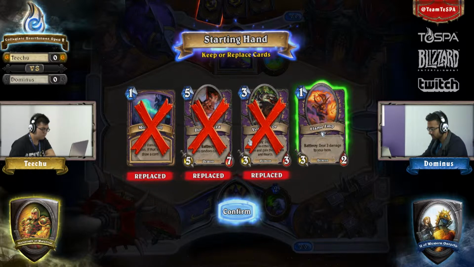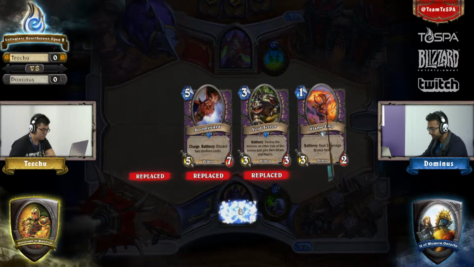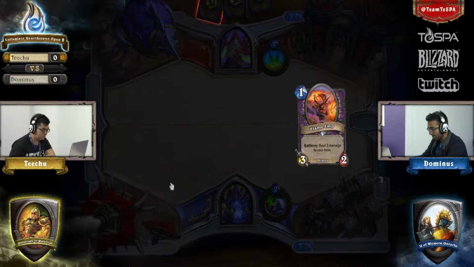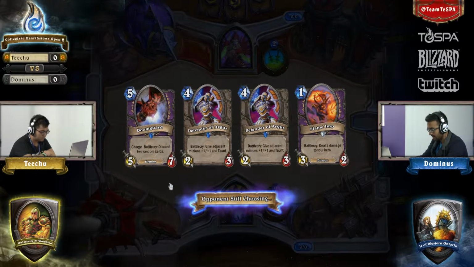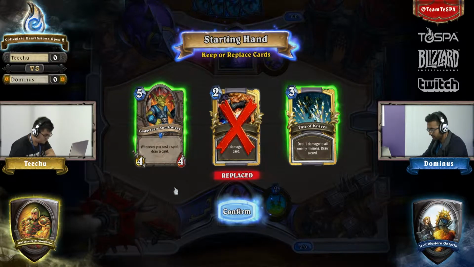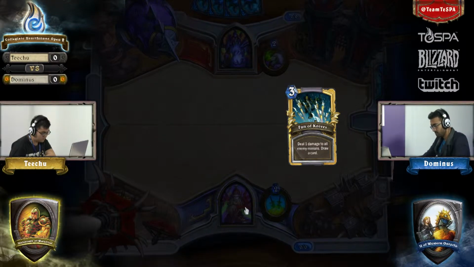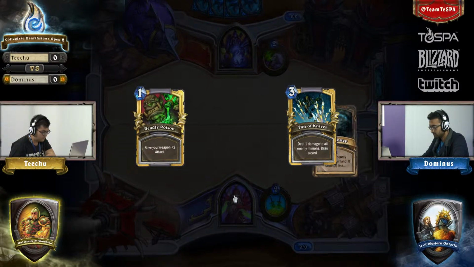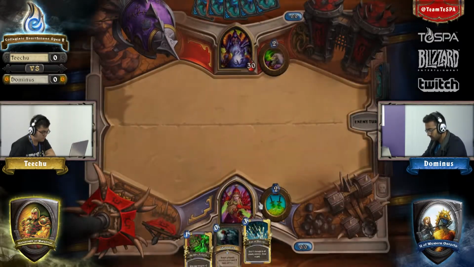Naxxramas. Going to keep just a Flame Imp, it seems, and that's good because he's looking to get that double 1 drop. Yeah, especially since he has the coin, he wants as much of an early game as he can. He mulligans a Doomguard into a Doomguard and then gets a double Defender of Argus. That's a rough hand. Dominus is considering keeping the Gadget Stand or throwing the Gadget Stand. He decides to throw. He probably would have kept it if he knew the opponent was handlocked, but he can't